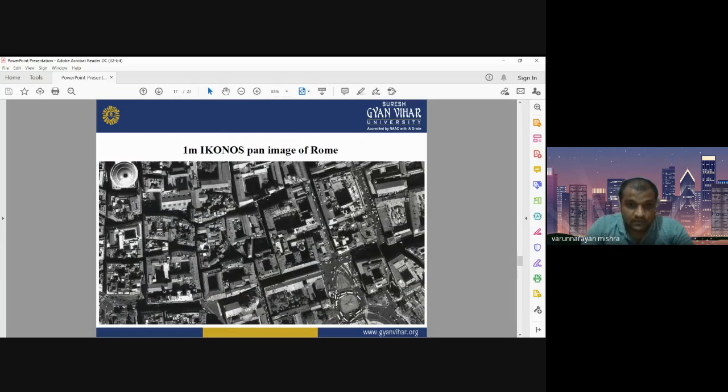Okay. This is another panchromatic image of an area in Rome, and its spatial resolution is around 1 meter. So 1 meter spatial resolution is achievable by Ikonos images, but it will be in panchromatic or black and white mode. You can see the details here. You can also detect vehicles moving on the ground. You can detect the shape and size of each individual building, the building structure, and the trees. You can even detect cars or vehicles moving on